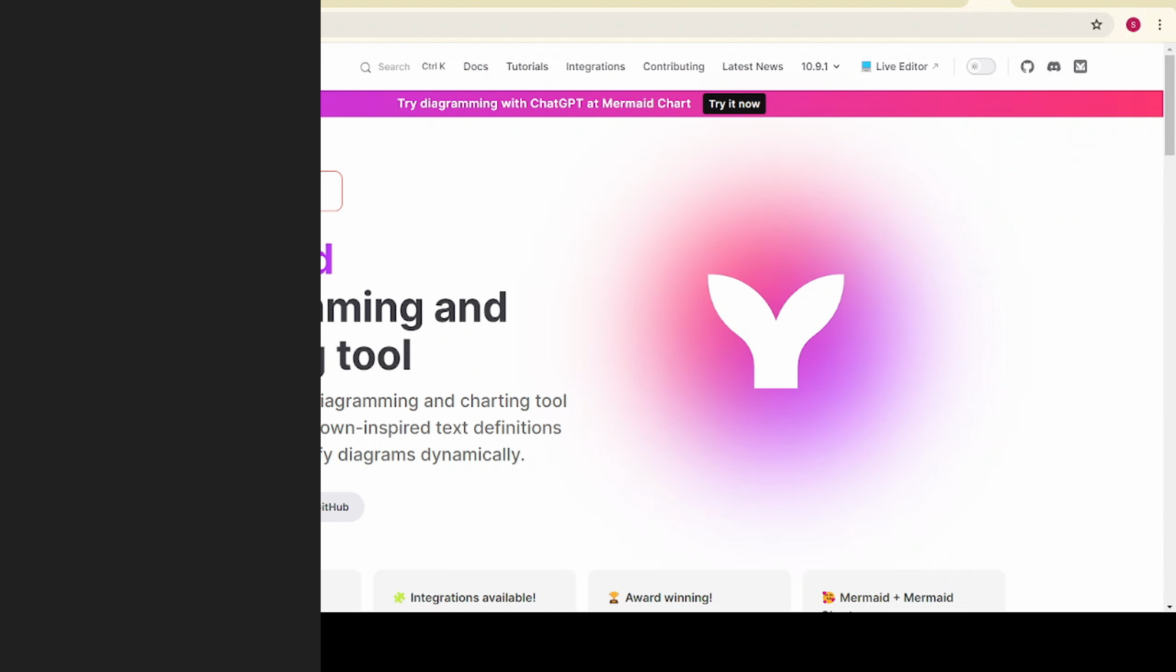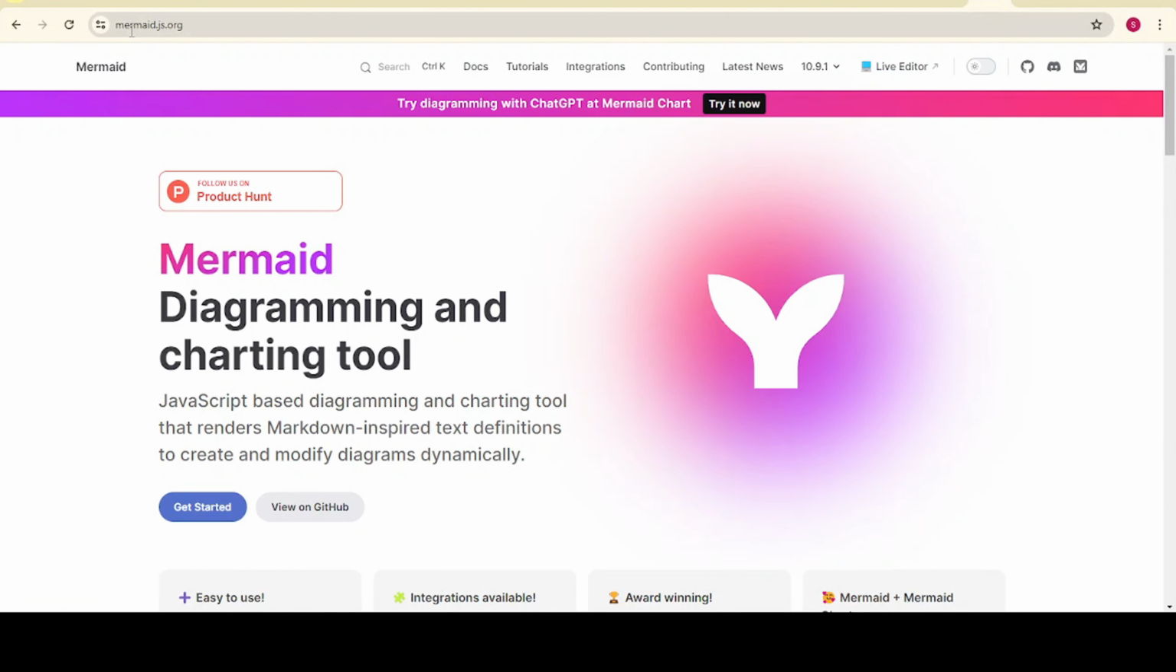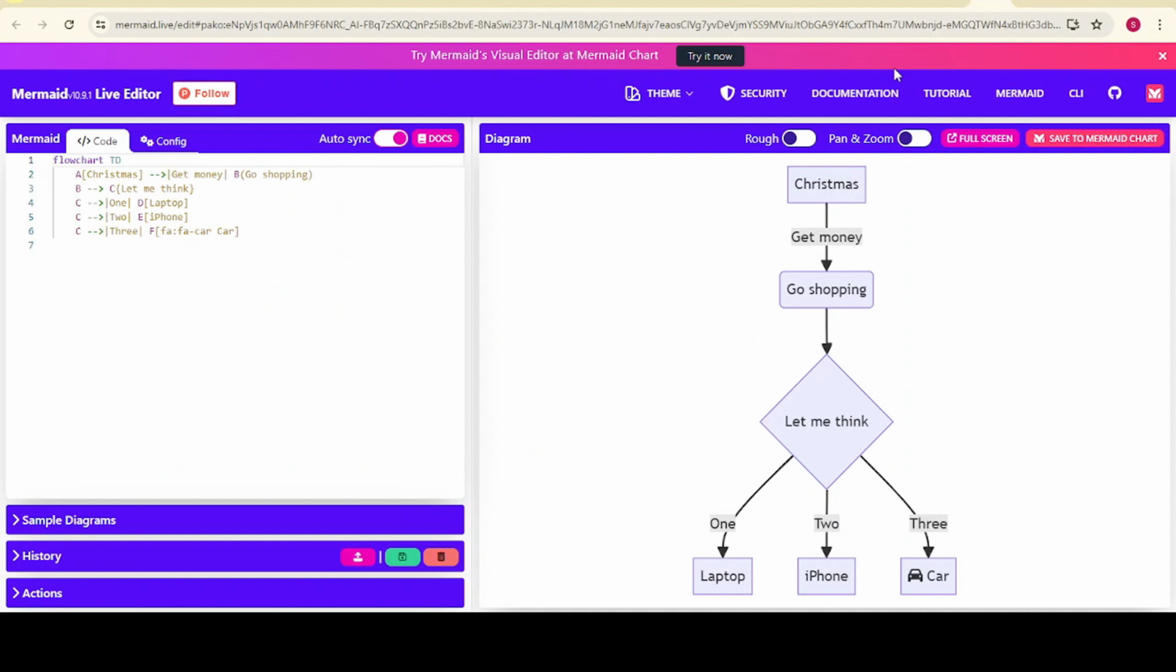and go to this website, the Mermaid website, mermaid.js.org. As you know, this is a diagramming and charting tool. So let's get started with the live editor. Click here. This is a live editor. It provides us a sample code here, a flowchart for Christmas. When you are typing or give the script here, it will create a diagram on